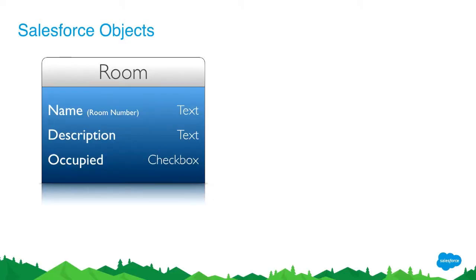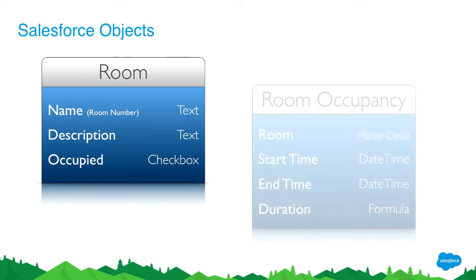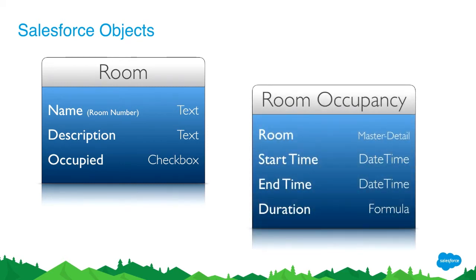So that being the code portion, the actual declarative programming part of this is very simple. We've used two custom objects in Salesforce. One, a master object called a room. Basically, it holds a name, a description, and whether the room is currently occupied or not as a checkbox. The detail to the room object is the occupancy object, which stores records about actual durations of the occupancy in our rooms. Very simple master detail relationship with a start and end time and one formula field to make reporting just a little bit easier on our utilization report.